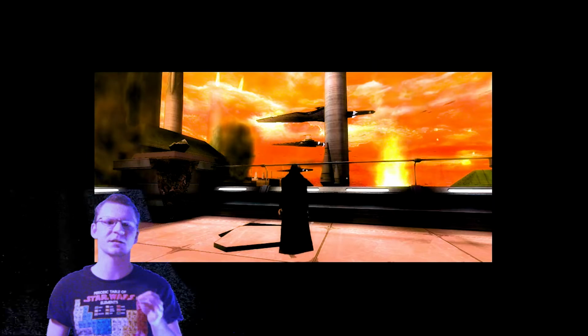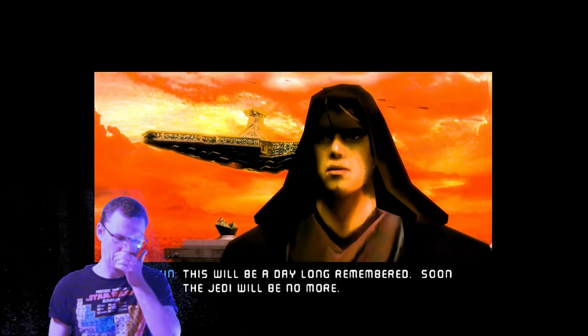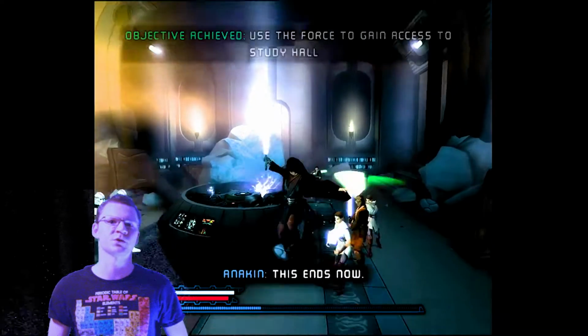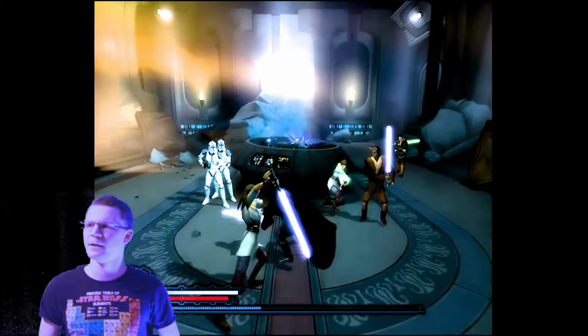Oh, and by the way, for Sarah, Anakin doesn't stab her, but he does have a part of a statue or a Jedi Temple column crush her to death. So she basically dies a Disney death. And